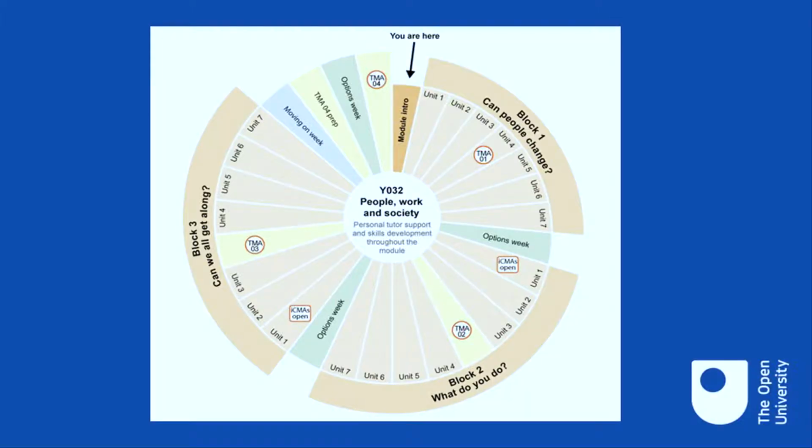OK, so George, you started showing us the VLE in week 0, so that all sounds really exciting. But what's great also is that we've got a map of the module, and it's really nice to be able to track progress. So do you want to tell us a bit about that? Yes, we think it's really important that students understand where they are in the module at any given time. So we've got this diagram here, which you'll be able to find in your Block 1 book, and it's also available via your module website. And you can see that as of next week, you will be here at the module intro. And the first week of the course, which you'll find...